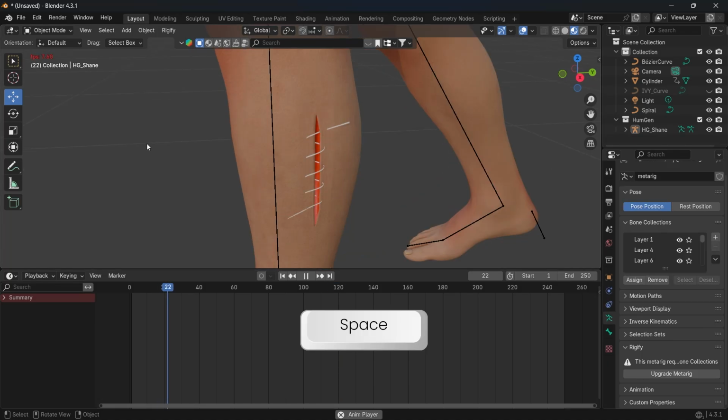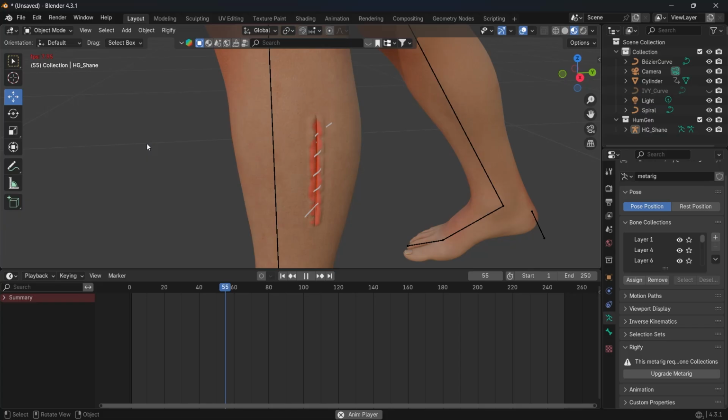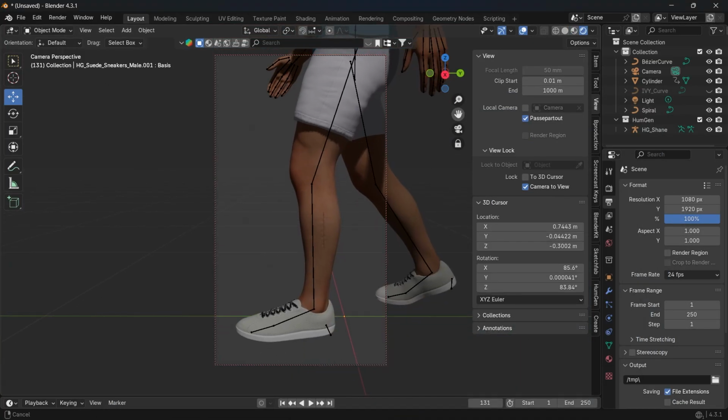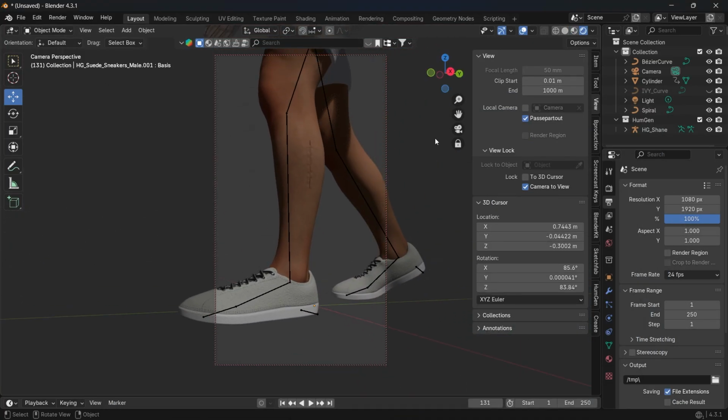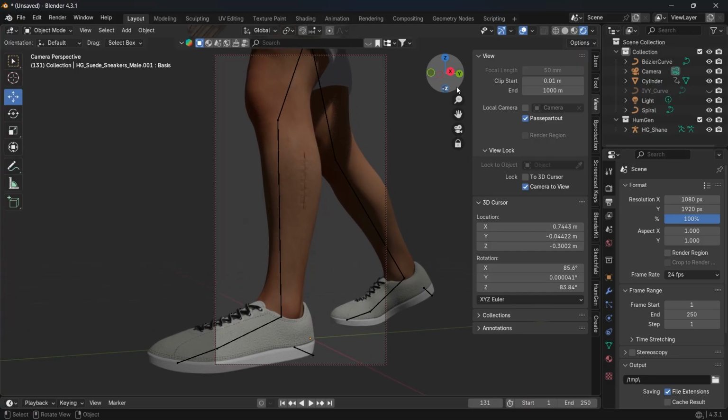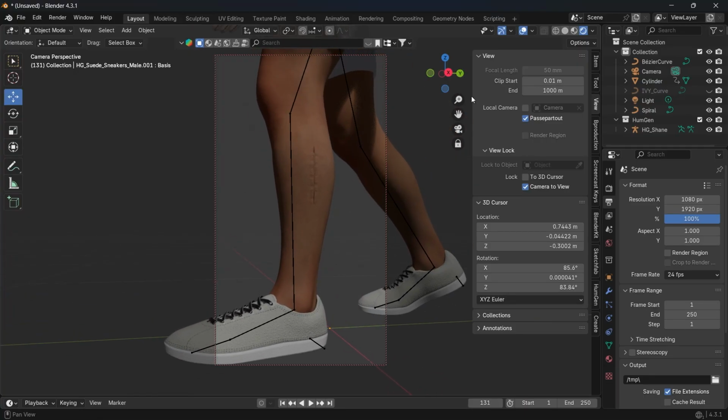So all that is left is for me to render out the animation and do the camera movement. Okay, so this is just a speed run of me setting up the camera for the animation. So since it's going to be for YouTube shot, I'm going to put it at 1080 by 1920. And then,